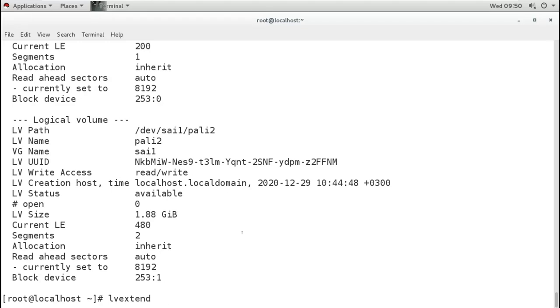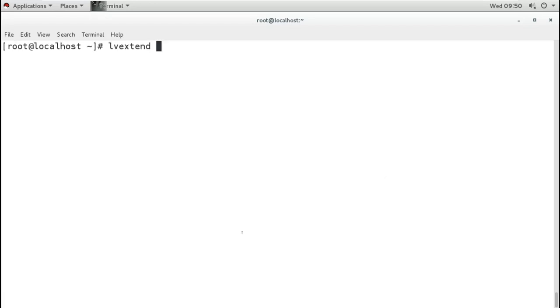Now if you want to mention the size in MB or GB, you can use capital L, or if you want to mention the size in PEs, and you know how many PEs you need, then you can use small l.